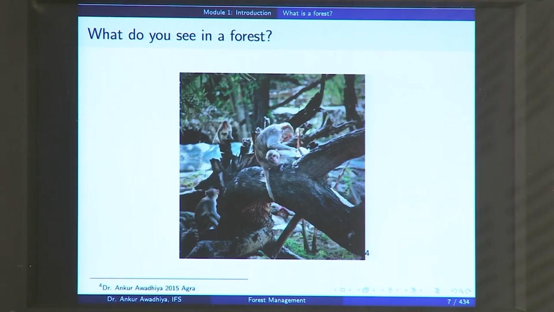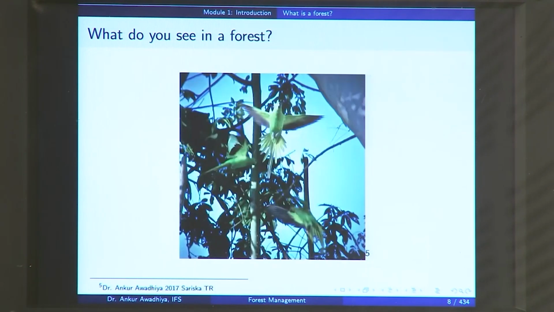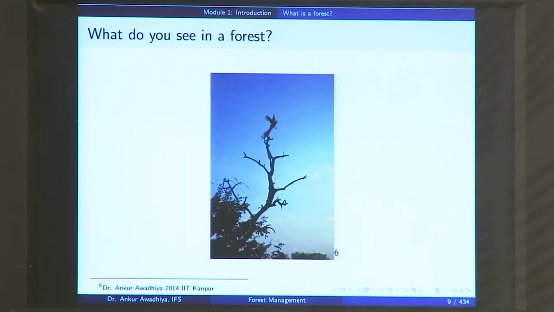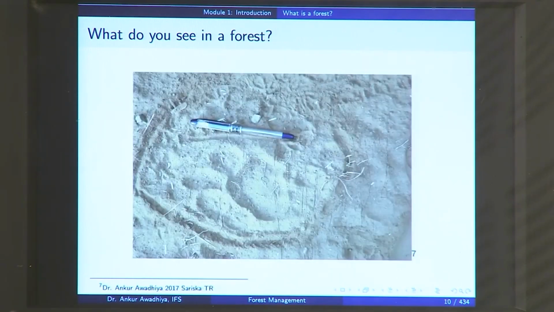For those of us that like to view birds, we might even expect to see certain birds like parakeets or peacocks,